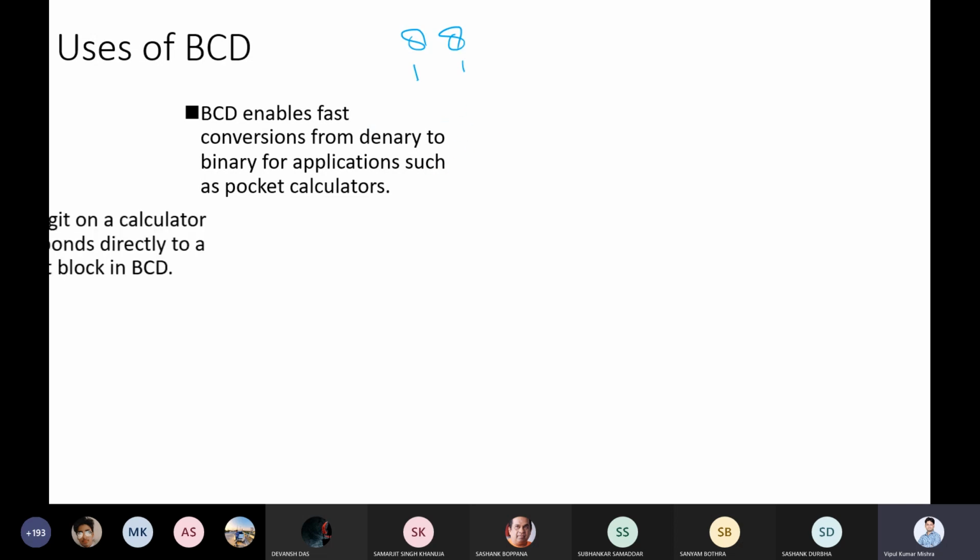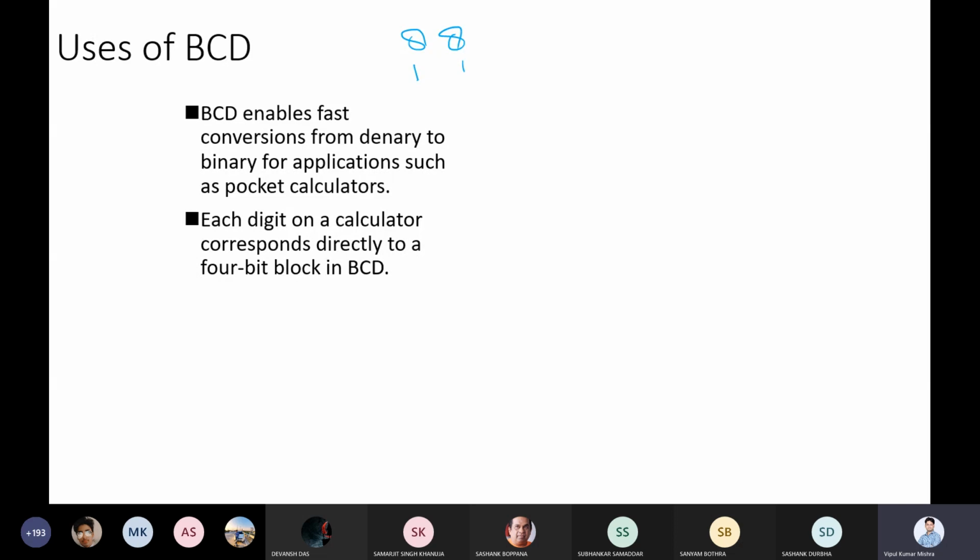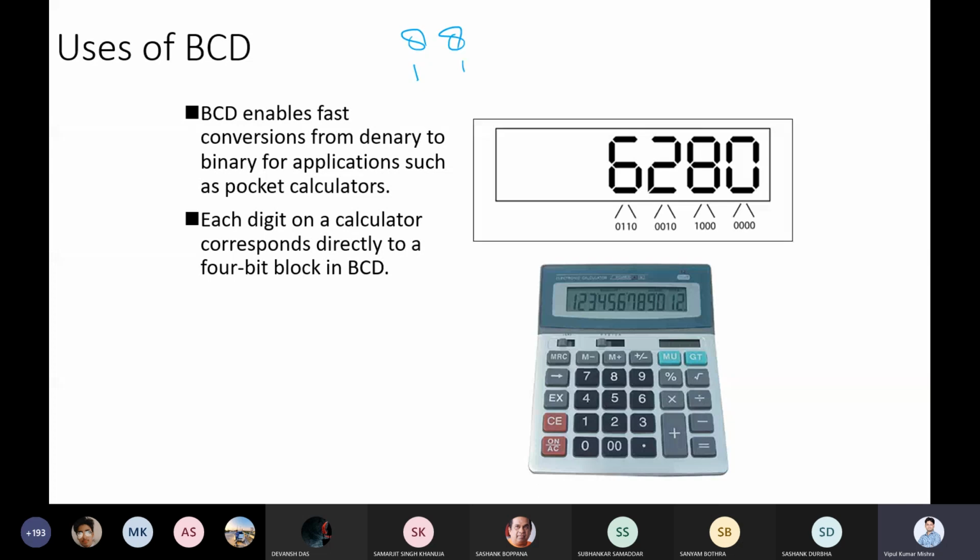And that system is used in the calculator. The calculator that you are using uses it. Here each digit directly represents a 4-bit block of BCD, which you see day to day. So the calculator fills 4 bits for this digit, 4 bits for the next, and so on, and then it represents the number in this way, as the calculator understands it.